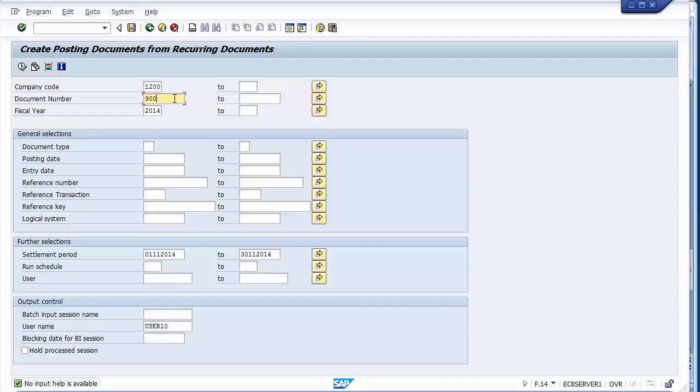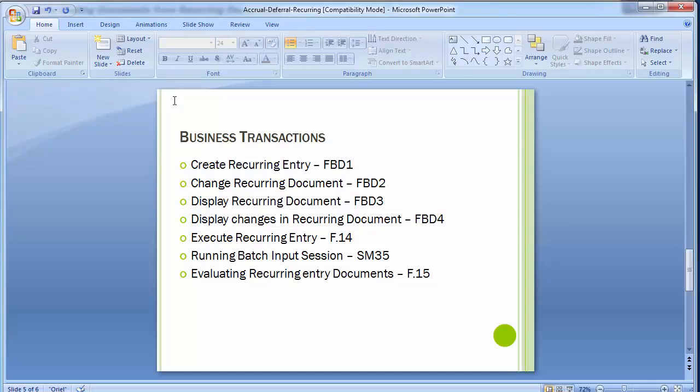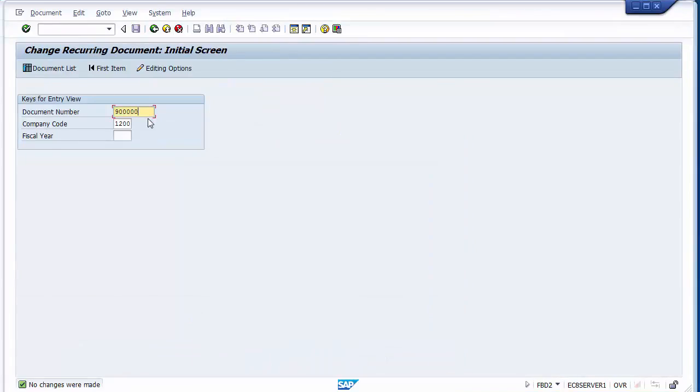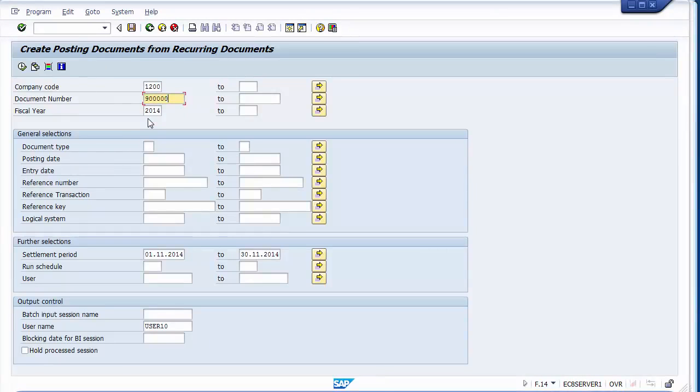So right now it is 9000000, as we know, and this is what you must remember, mind it. If you don't know, you can go back over here, search, and put it over here. Now once this has been done, you can go for processing it. You can go on the execute option over here. Once you execute this,